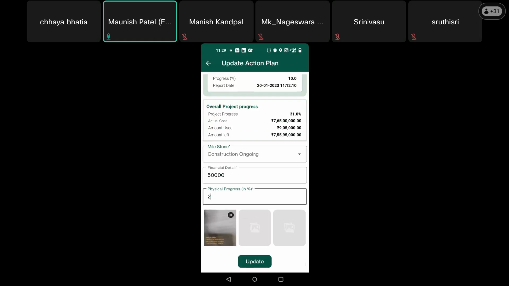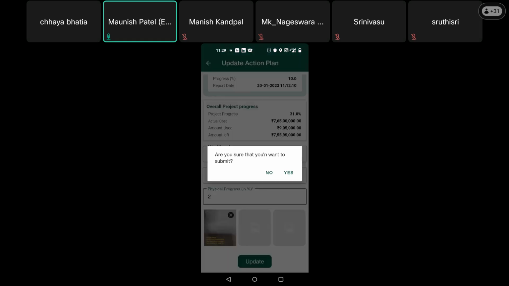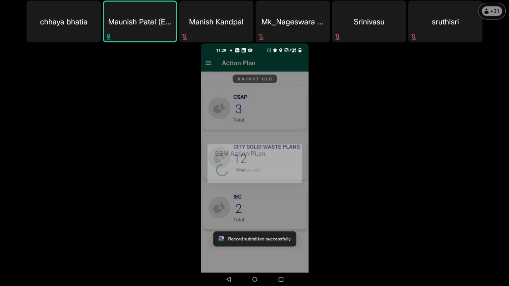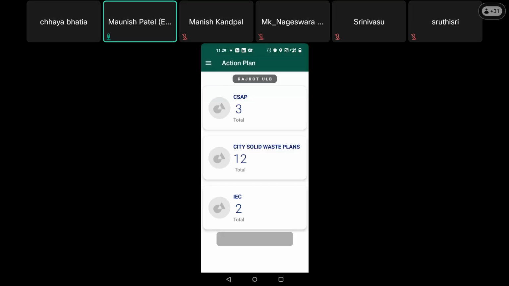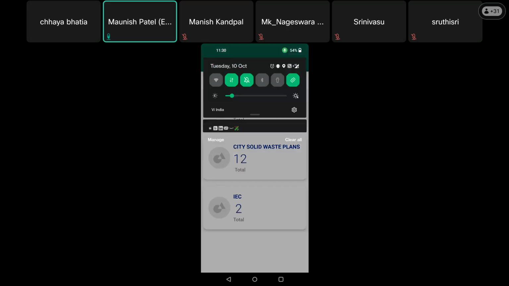Now once the image is saved, I can just click on update. And once you say yes, I want to submit the details, the details have been saved. So this is the entire part of how the mobile application is going to work. Once the data is sent to the server, you can directly visualize it in the application once again. So I will just